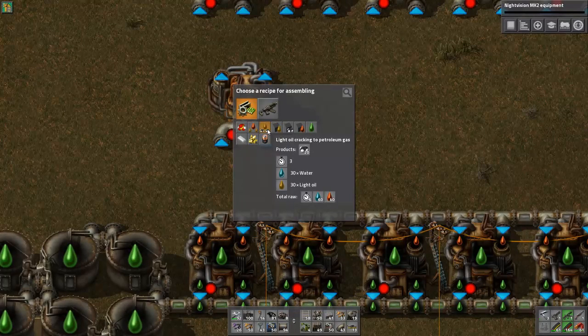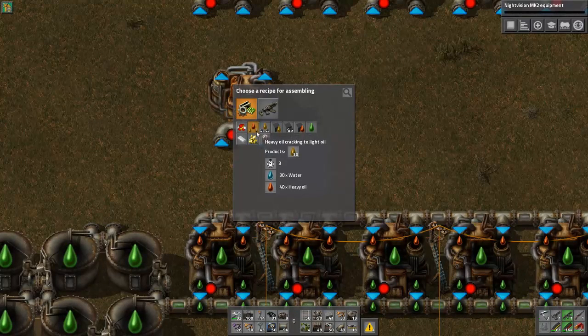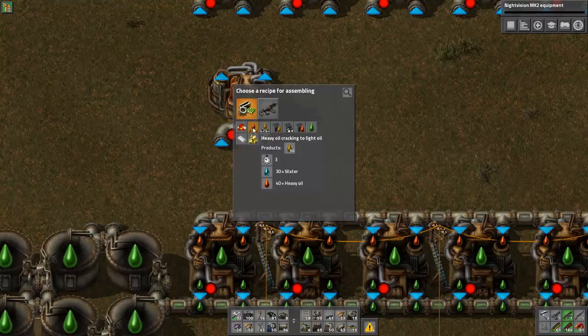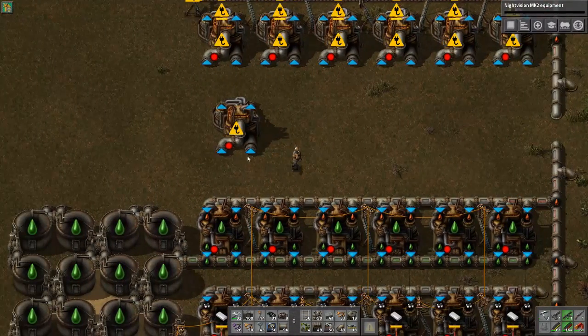I'm confused. All right, light oil cracking to petroleum gas. So we can take light oil and turn it into petroleum gas. We can also take heavy oil and turn it into light oil. So it goes heavy, then light. So we've got a heavy pipeline here. So what we would do